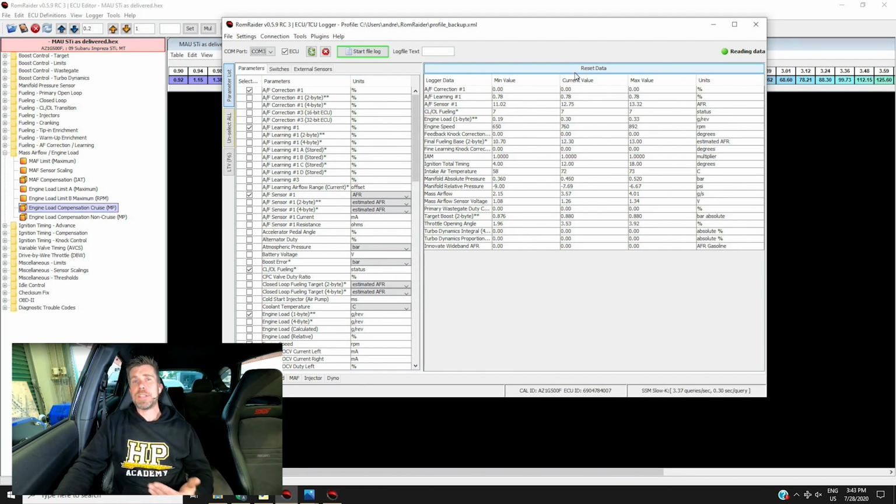For this reason, it's ignored when we are in open loop at wide open throttle, and the accuracy of the sensor is a little bit marginal once we get to the air fuel ratios we'd typically target at wide open throttle and full boost. While it can be used, it does tend to read a little bit on the lean side, so if you're trusting that, you're actually going to end up with your fueling a little bit rich.